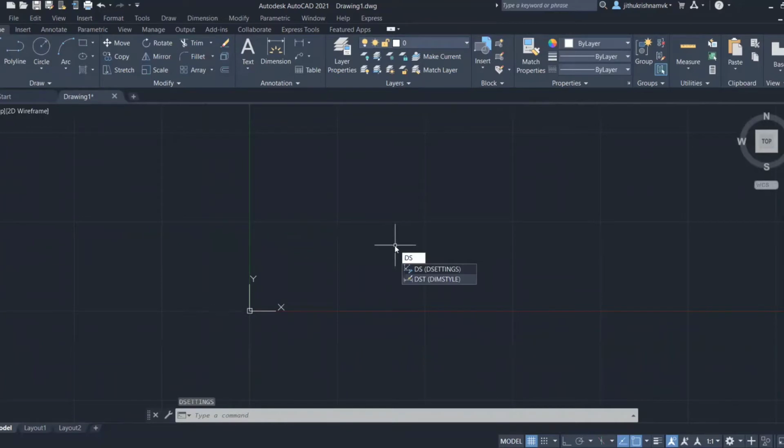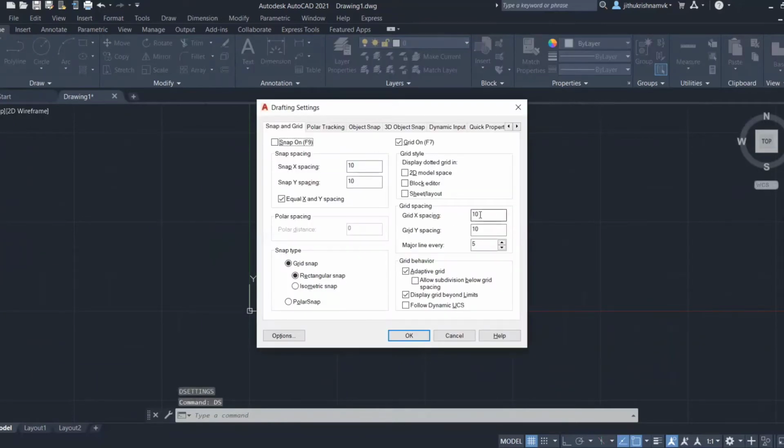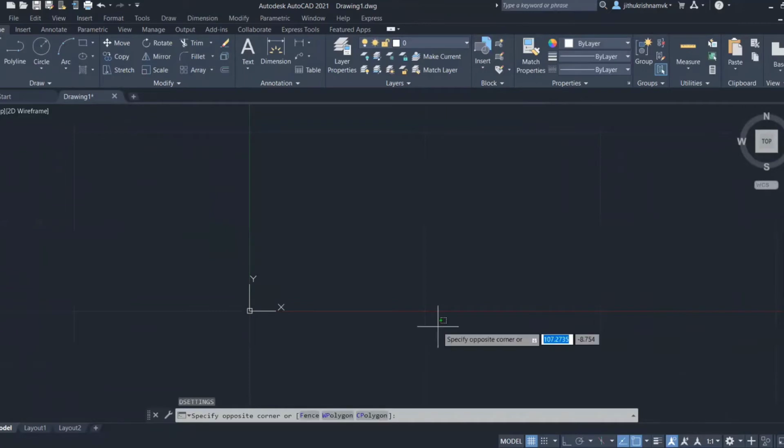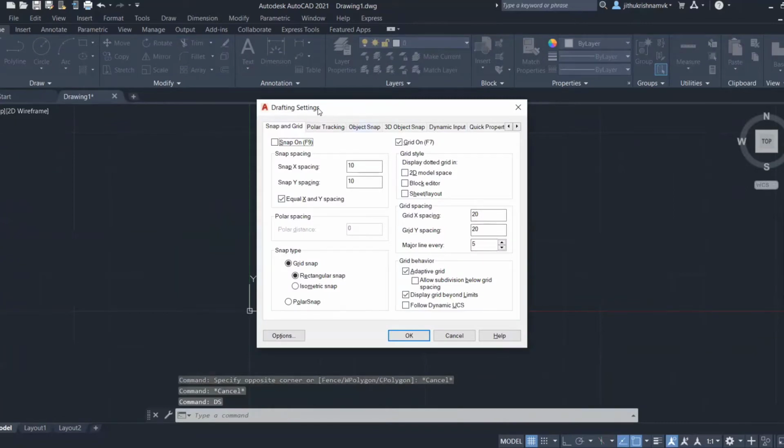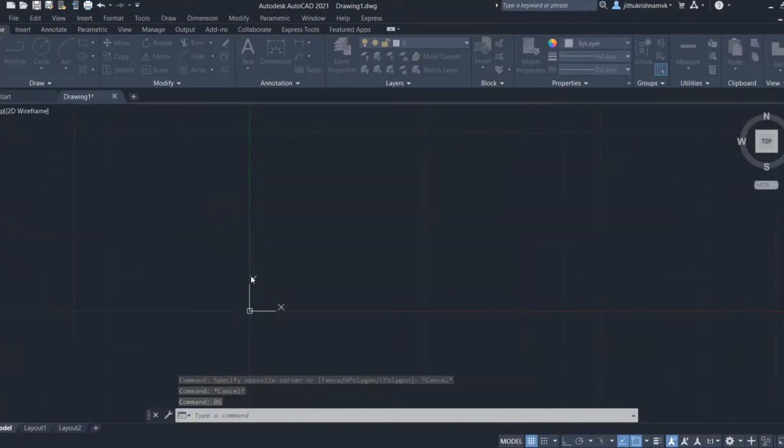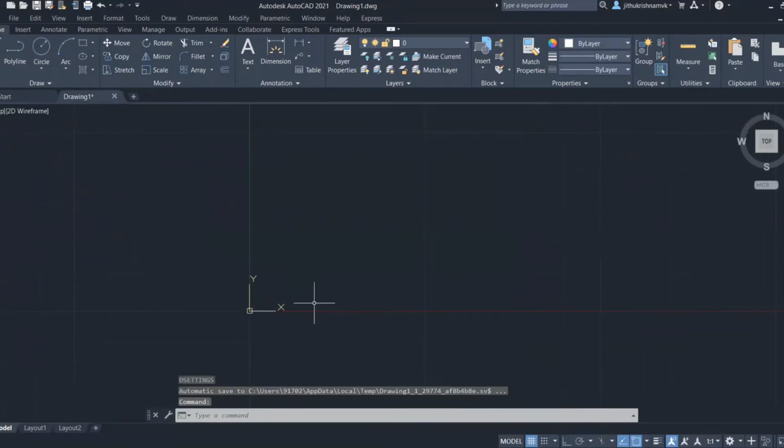I'm going to change the spacing here. Now I have given 20 here and 20 here, and it will automatically change. Now the length of these boxes is 20 and 20.